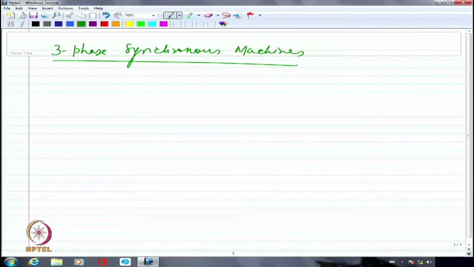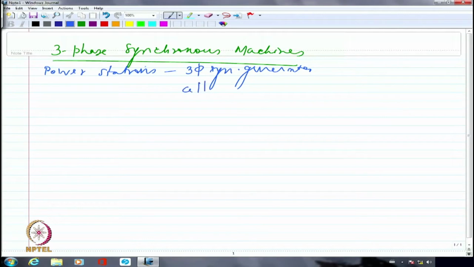So I would say all the power stations generally use synchronous generator, or we may call that an alternator. So three-phase synchronous generators, which are also known as alternators, are commonly used for generating three-phase power in all